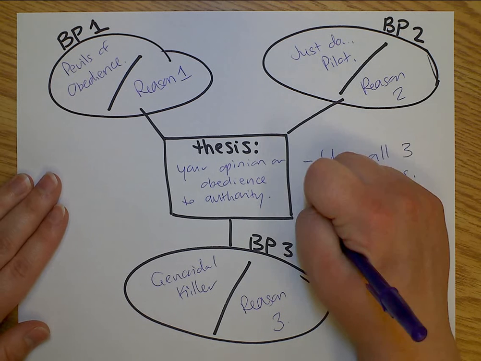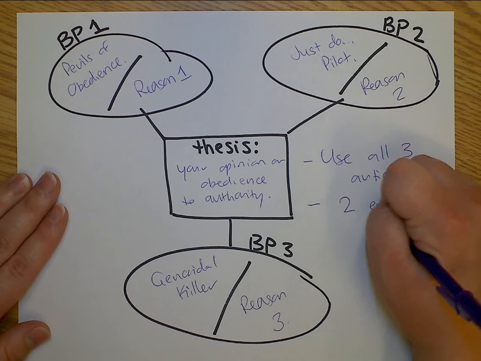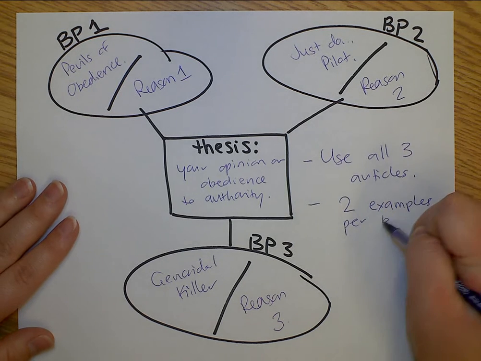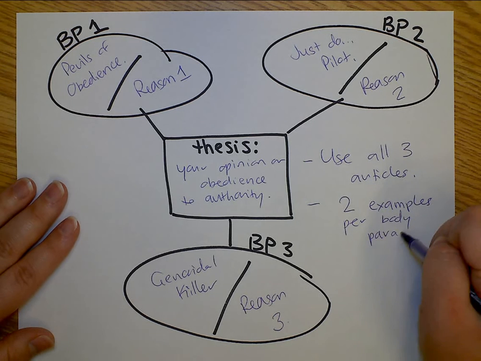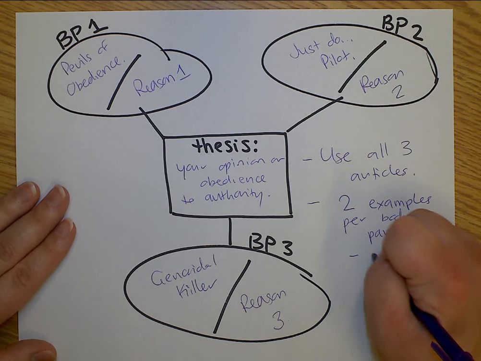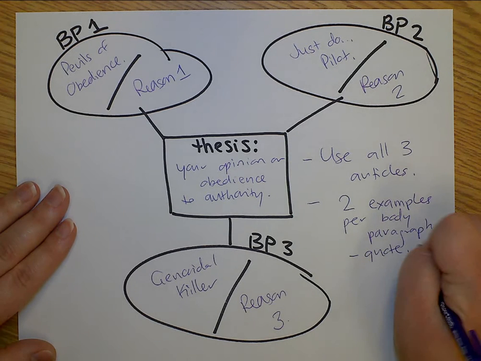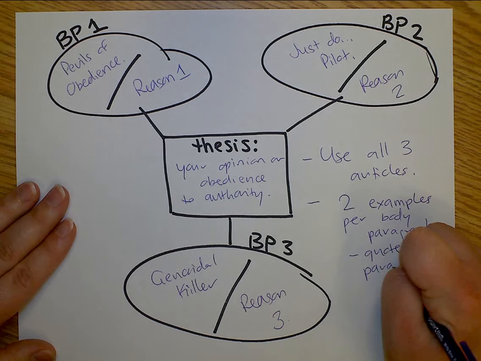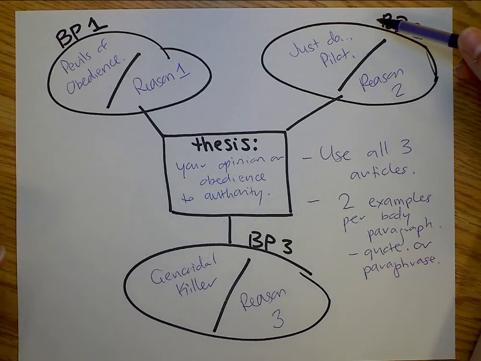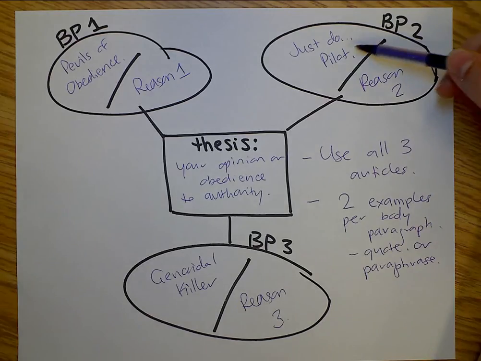Also, I want you to have at least 2 examples per body paragraph. And I want them to be examples from the articles. And you can either do a quote or you could paraphrase. So in the article, just do what the pilot tells you. Dalrymple says, and then put it in your own words, and then explain why he's wrong. That would be fine. But if you do a quote, make sure, regardless of whether you do a quote or